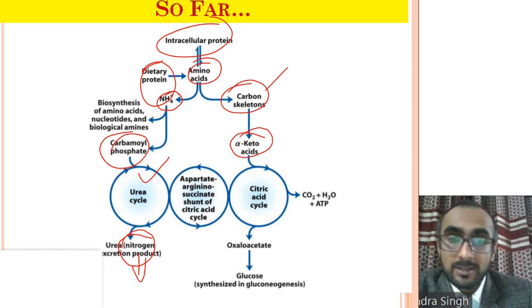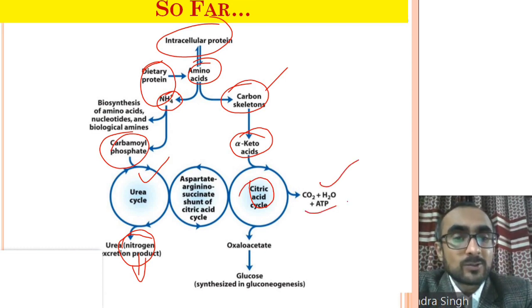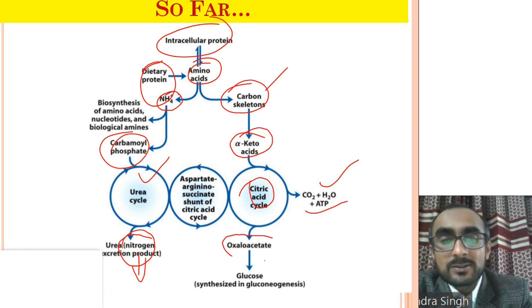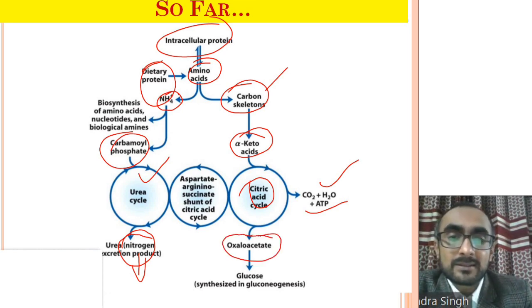Depending on the amino acid, different alpha keto acids are produced, and those alpha keto acids enter the citric acid cycle in order to be converted into carbon dioxide and water, and to synthesize ATP in oxidative phosphorylation. And oxaloacetate is also produced in these catabolic reactions,